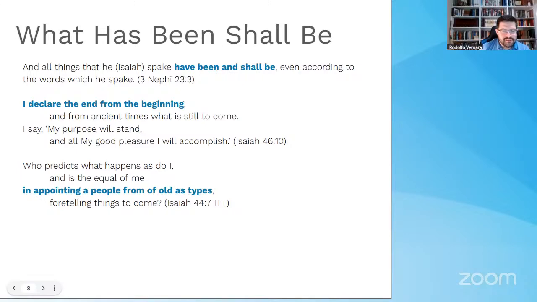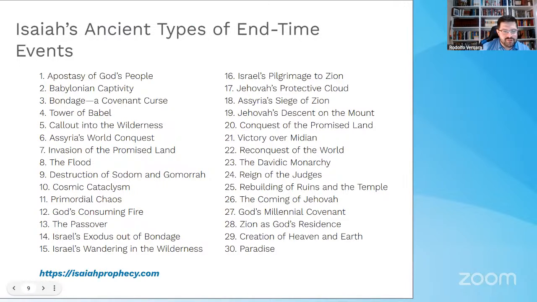Maybe this transitions to that: not just during Isaiah's time, because all of the book of Isaiah is an end time event, but Isaiah also uses the past from his time as something that will repeat in the future. So then you can start reading the stories from the Old Testament as types and shadows. The prophets in the Old Testament, who are actually called the holy prophets, were always foreshadowing the restoration of the house of Israel.